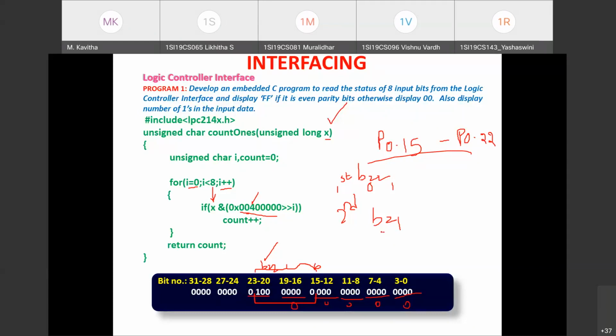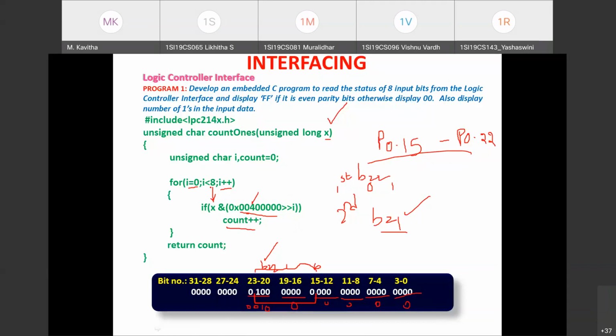Since we need to test bit 21, once you right shift this data one time, the 23rd bit will be 0, the 22nd bit will be 0, and the 21st bit, which I want to test, only that bit status I am taking as 1, and the rest of the bit statuses as 0. So the 32-bit data you get is 002 followed by 5 zeros. That will be the result after you perform the right shift operation. This mask value is used to perform the AND operation, and if it results in non-zero, that means bit 21 is 1, and we increment the counter. The process is repeated. In the next iteration, I will be incremented to 2.